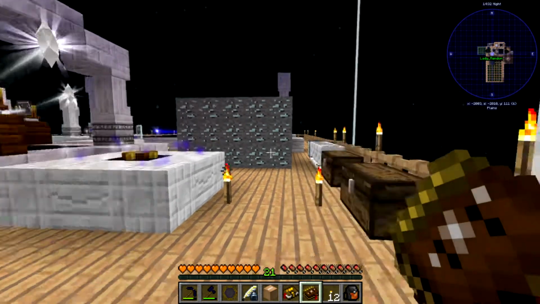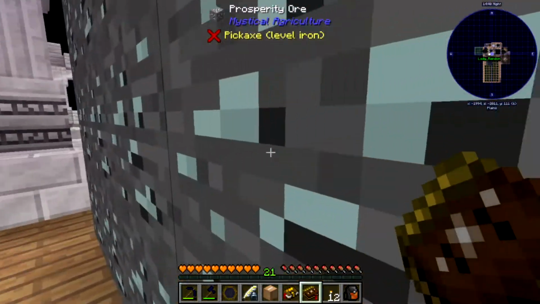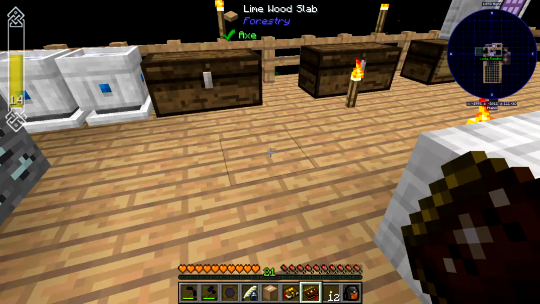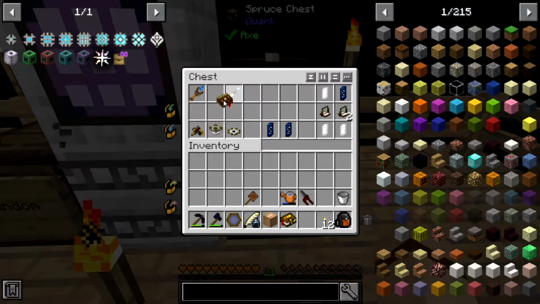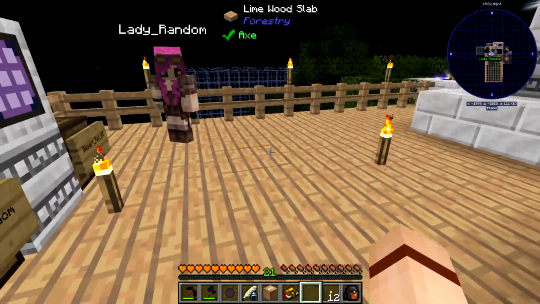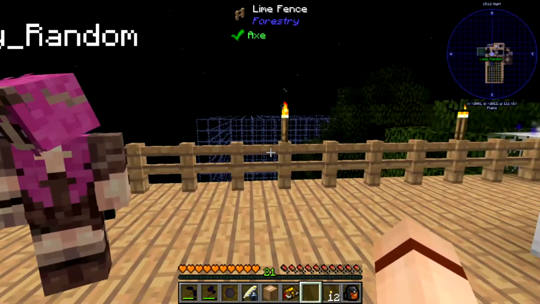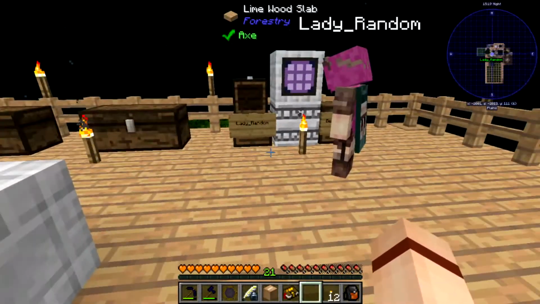Right. And once you had that, you could just put down some stone, stand next to it, and it would turn into this prosperity ore. Okay, that's cool. And the only way you could earn the levels to get to the perks was you had to build things. So what I did was grab a bunch of dirt. Anyways, I'd put down a layer of dirt and then use the builder's wand and just build it up